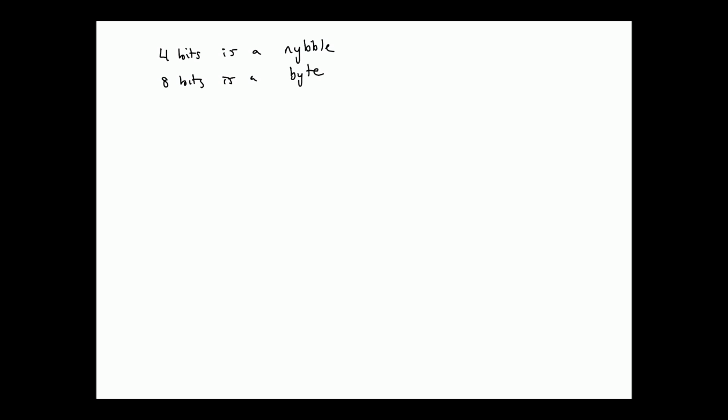Okay, so if we have large numbers of bits or bytes, what are we going to start calling these things? What would make sense if I had 1,000 of them? Kilo would make sense, right? That's the metric prefix for 1,000. Okay, but historically,